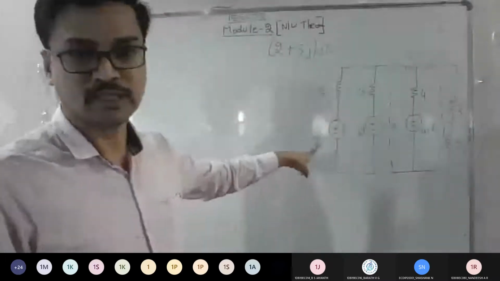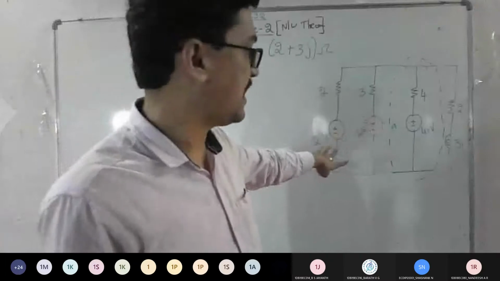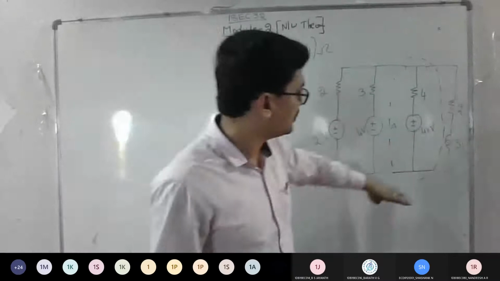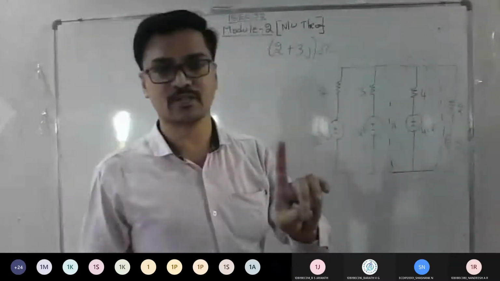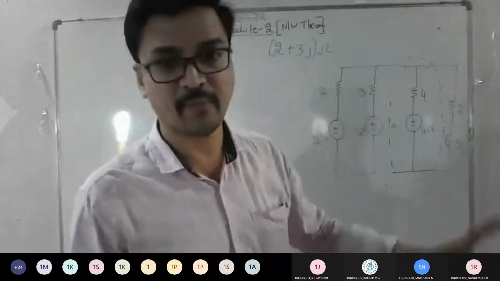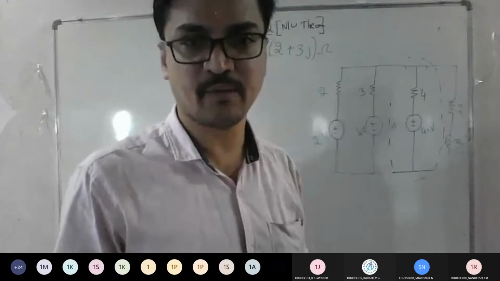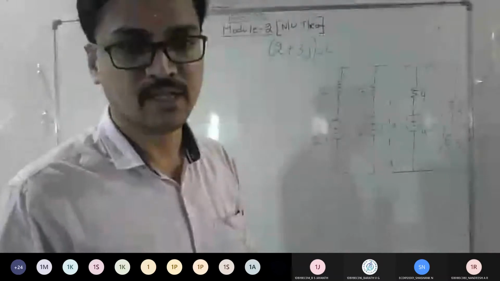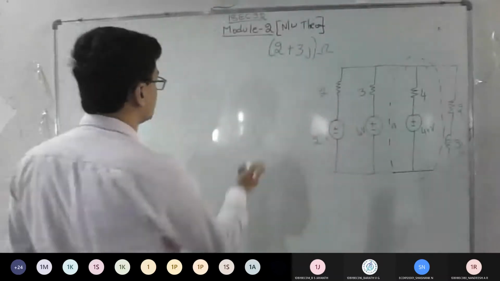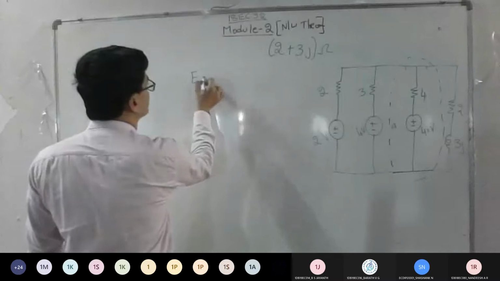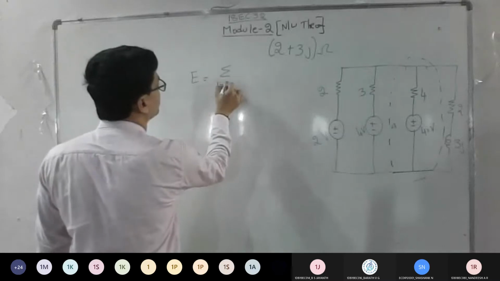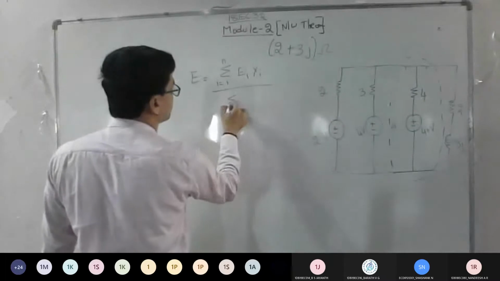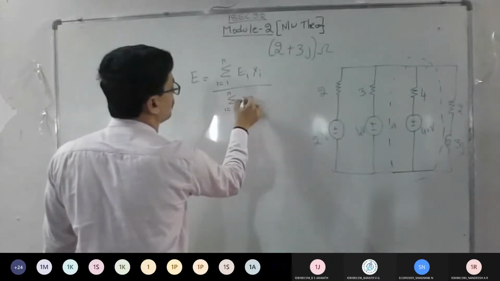So you got to know that the simplification of the network has happened. From here onwards, same procedure. You need to reduce all this to a single voltage source and a single impedance. Then if I apply mesh analysis, I am going to get the current across that impedance as 2 plus 3j. Clear? So apply the formula, get the answer. To find the equivalent voltage E, the summation of Ei Yi for i from 1 to n, divided by the summation of Yi for i from 1 to n.